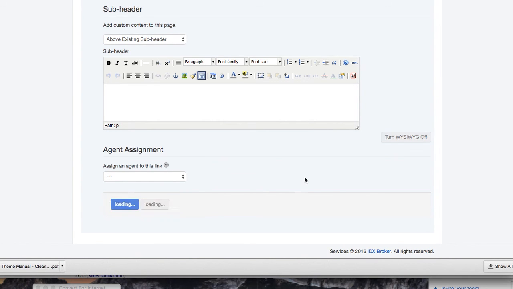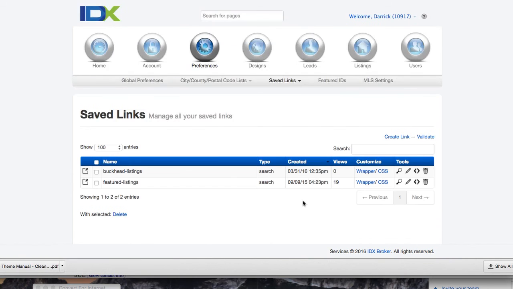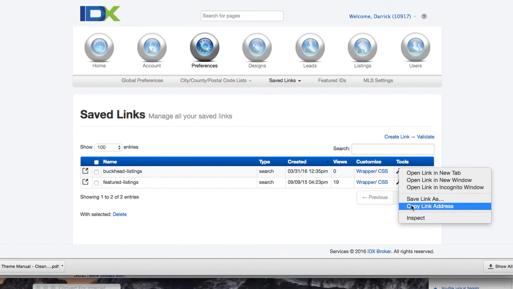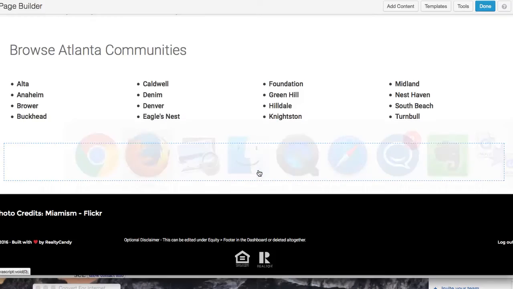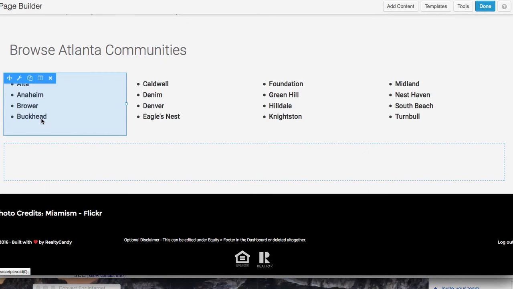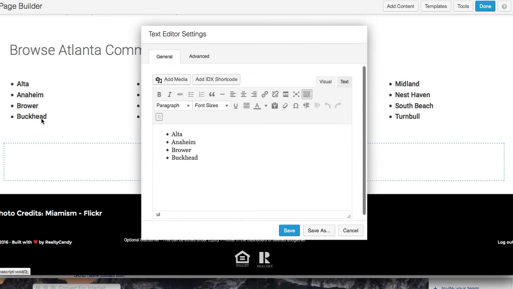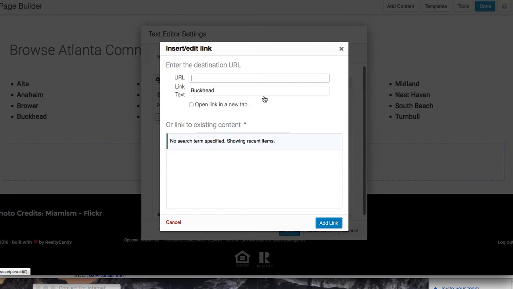So just kind of whatever works for you. So we're going to save that and go back to manage links, and I'm going to copy the link address, go back here to this Buckhead one, and I'm going to insert a link,